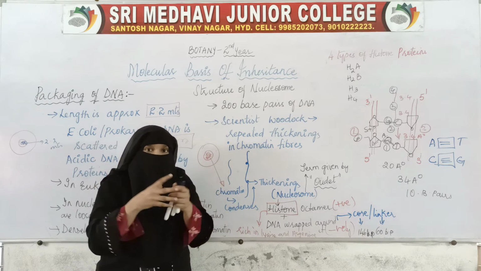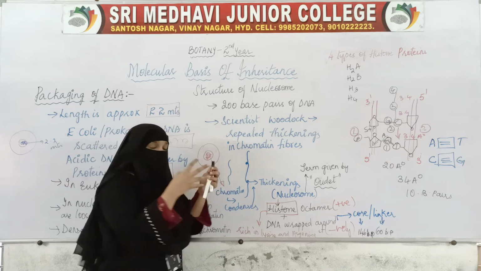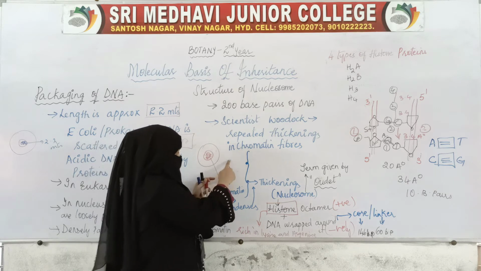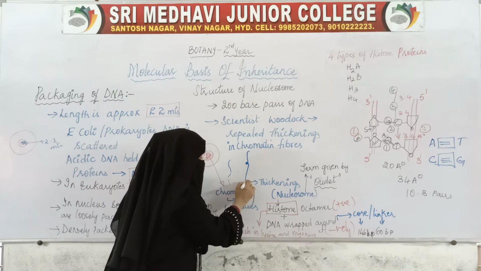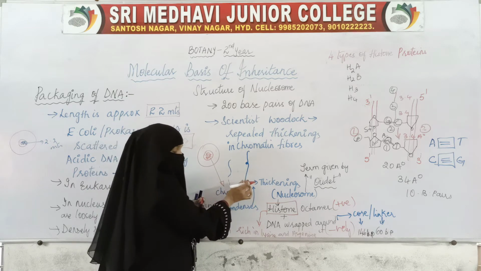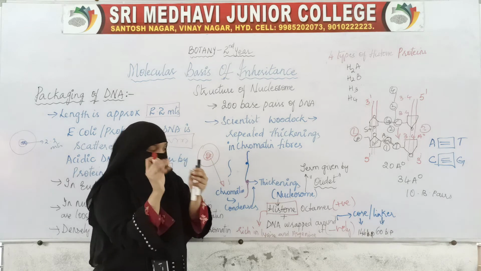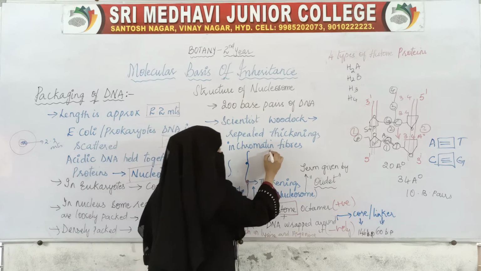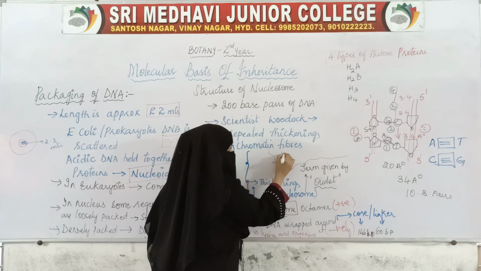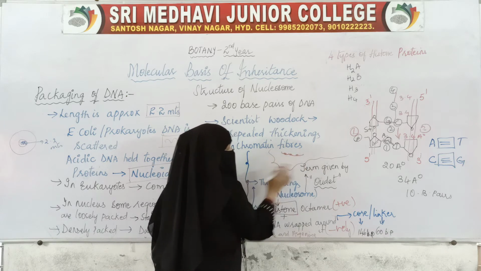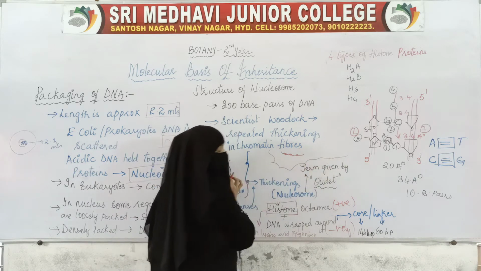So this has to be condensed. In order to fit inside this nucleus, this chromatin has to be condensed. When this thread-like structure condenses, it gives thickenings. Condenses means coming together. For example, this was very lengthy. Now, in order to make it short, it condensed. It has changed to this because of the condensing. Instead of this much length, we have got this much.